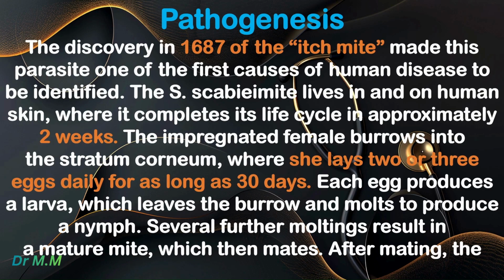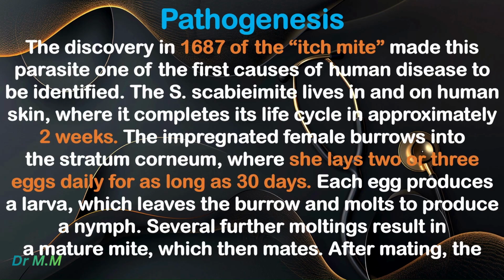Pathogenesis. The discovery in 1687 of the itch mite made this parasite one of the first causes of human disease to be identified. The S. scabiei mite lives in and on human skin, where it completes its life cycle in approximately 2 weeks. The impregnated female burrows into the stratum corneum, where she lays 2 or 3 eggs daily for as long as